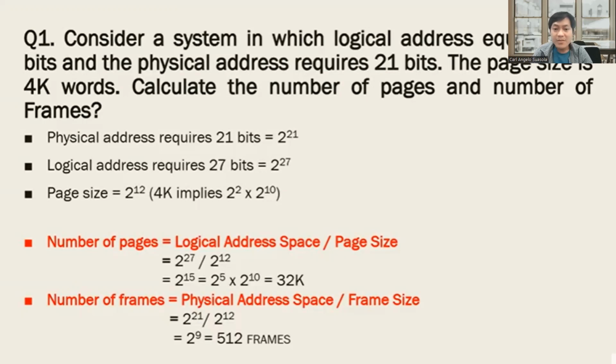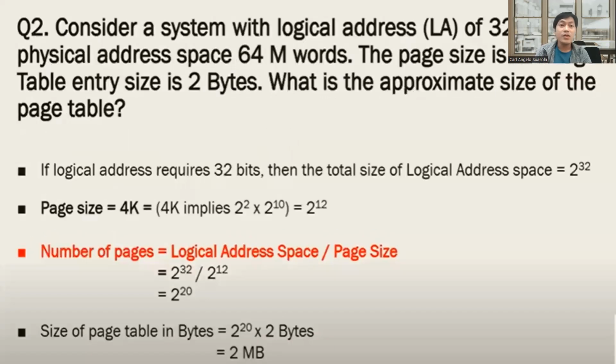And number of frames, we can use the formula physical address space divided by frame size. Then we can get 2 to the 21 divided by 2 to the 12. And we can get an answer of 2 to the 9, which is represented by conversion 512 frames. So example, if we have problem number 2,